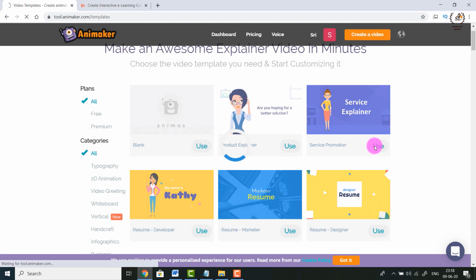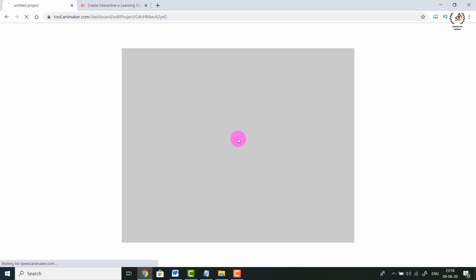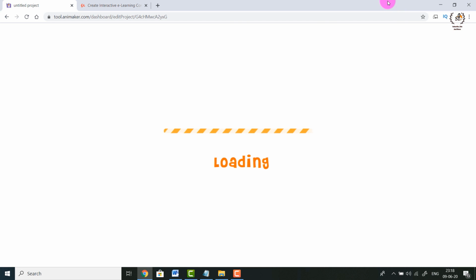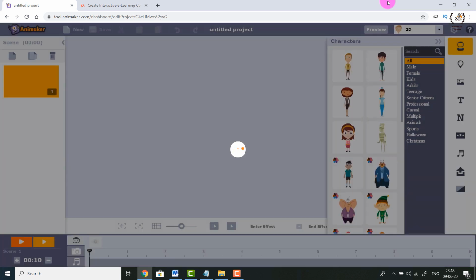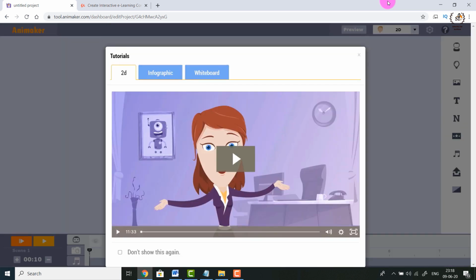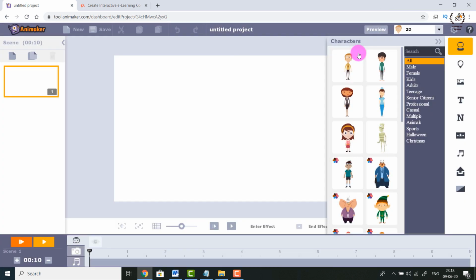As I had already introduced you to the basic difference between a 2D animation and whiteboard animation, let me take this opportunity to explain it once again. Whiteboard animation is somewhat different from a 2D animation. 2D animation consists of moving objects, moving images, moving characters, talking to each other, singing, dancing, whatever. So basically the characters keep on moving in 2D animation. But in case of whiteboard animation, you may see that it's more focused towards the textual part or the graphics part, in which the characters are not moving that much, but whatever you are trying to explain keeps on moving.